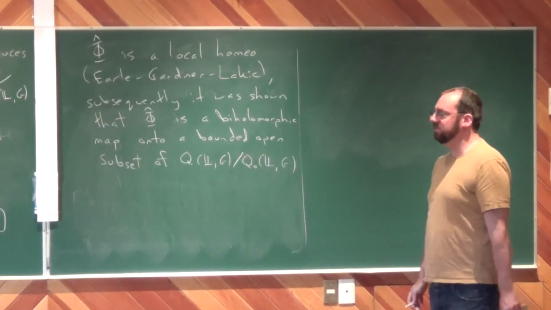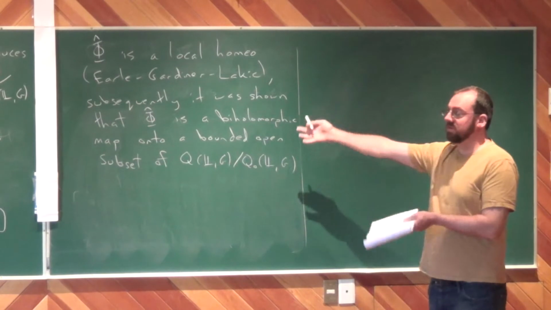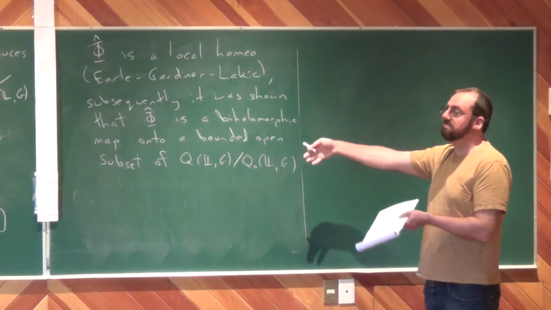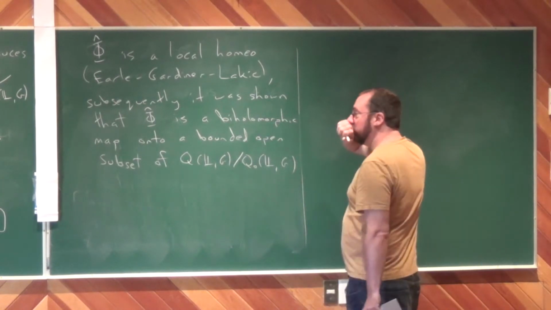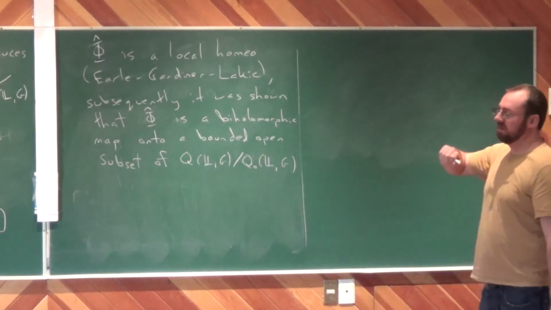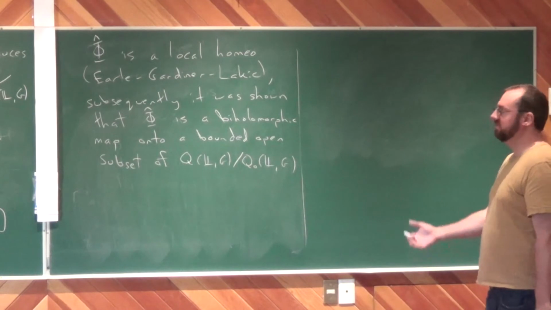So for infinite type surfaces, you may be able to say things about asymptotic Teichmüller space, which may be of use. Now, in the rest of the talk, we're going to talk about biholomorphic maps and bi-Lipschitz maps between Teichmüller